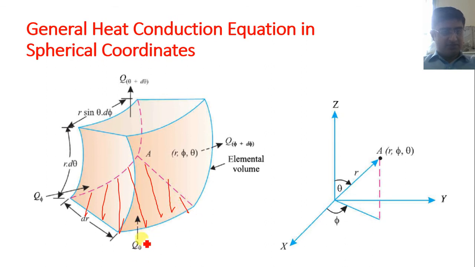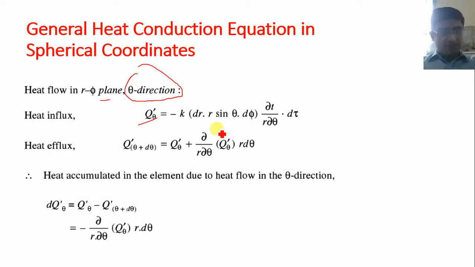So the amount of heat which gets in as inlet in the theta direction: if you want to find the value of area, then it becomes dr into r sin theta d phi, which becomes the area. Here it is r sin theta d phi into dr. So dr into r sin theta d phi, k as it is, and also the del T in the direction